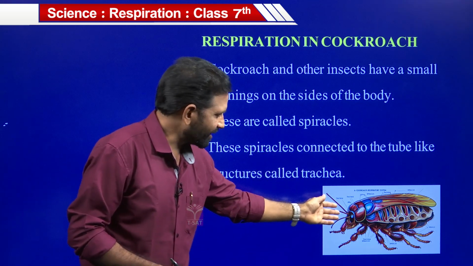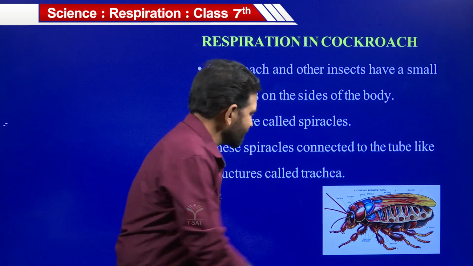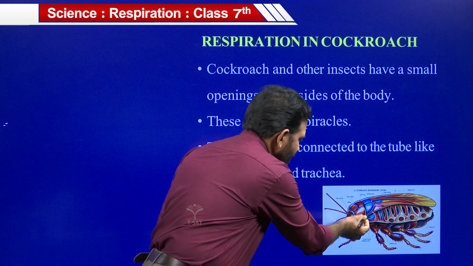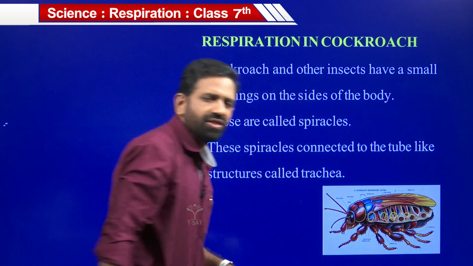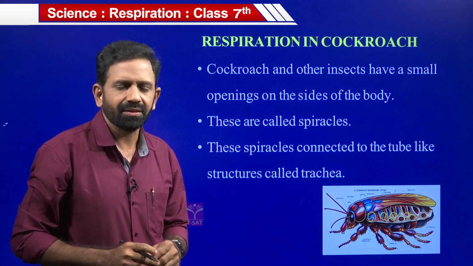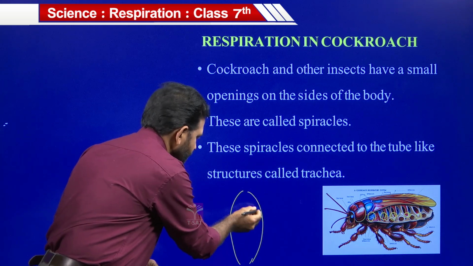Students, look here, this is a cockroach. If we observe the cockroach, on both sides of the body small openings are present. These openings are called spiracles. If we take another diagram,